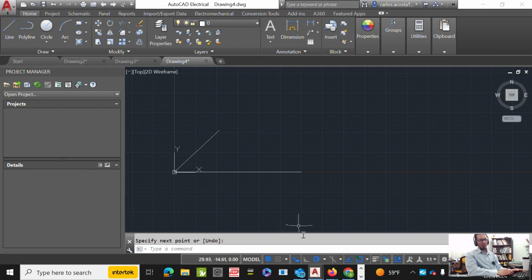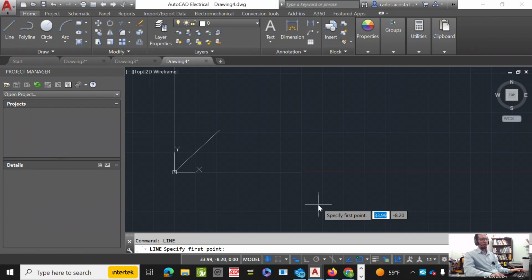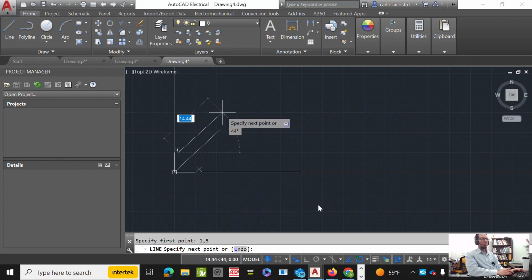Again, if you want another line, and you just want to use the command line, I'm going to do the same thing through the command line. You don't need this on because now we're going to use the command line. So I'm going to say line, and I'm going to say the first point, let's change the origin, let's say 10, 1,5. So that's my first. Remember, each grid point is 1 inch. So that's my first point, and then I'm going to say at the distance, which is 30, and then